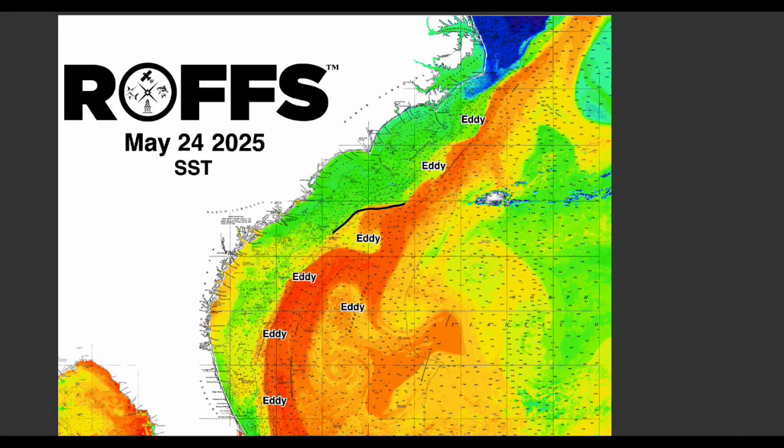The Charleston Gyre, as I've talked about previously, this large eddy that is often in this area just because the Charleston bump is right here that kind of deflects the Gulf Stream east. So more often than not, with that deflection, this large eddy will often form in the area, which will certainly create good conditions along the cooler, greener water here and the warmer Gulf Stream associated water here for your tuna,